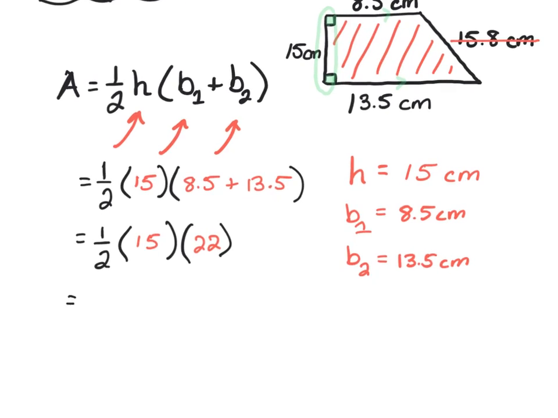Now, I can take half of 22. I can take half of 15. It doesn't matter what I take half of, but I can take half of either number. 22 is an easier number to take half of. So I'm going to go ahead and take half of 22, and I'm going to get 11